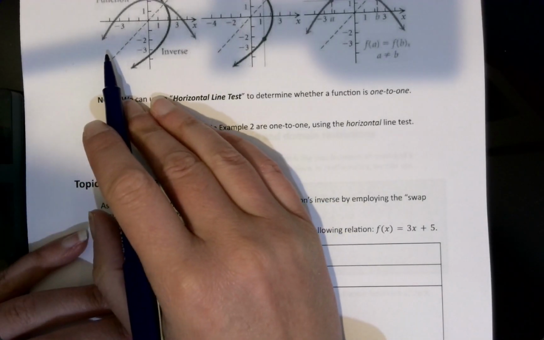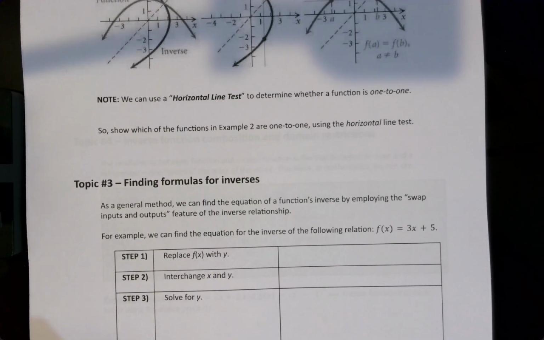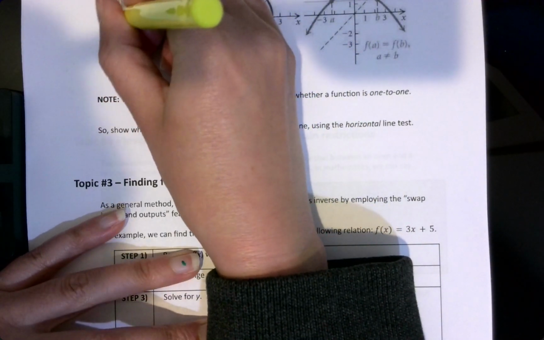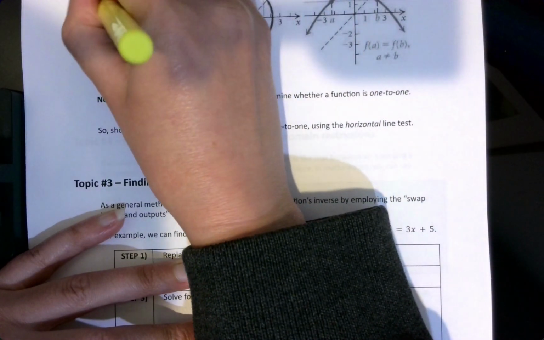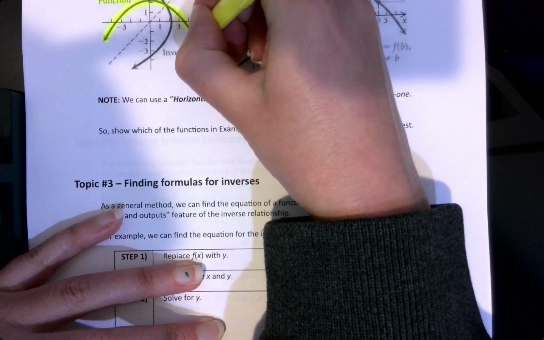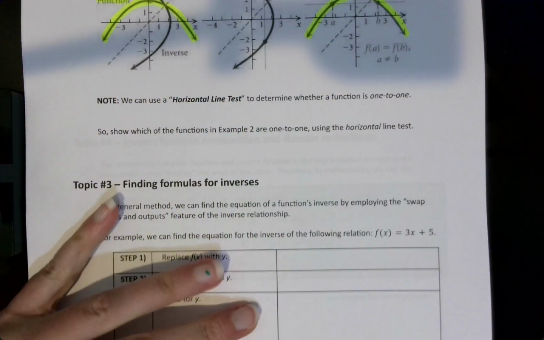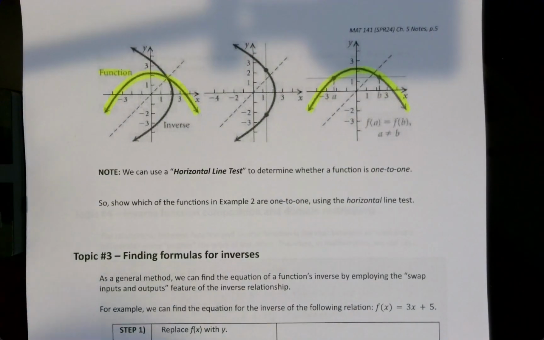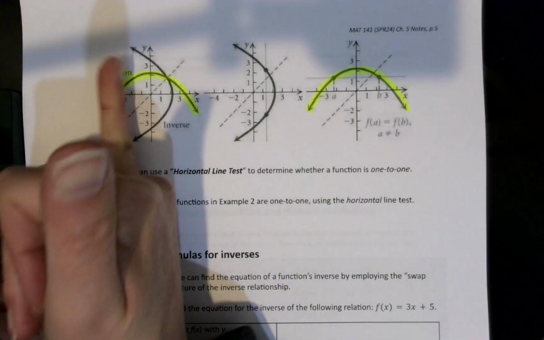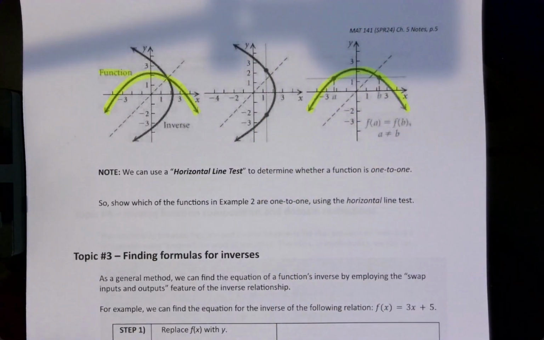The next diagram right here has a couple of pictures of a function and its inverse. So let me color code these real quick. The function is this shape, labeled here by the word function. And it's also drawn here by itself, same graph, just for a little bit of additional clarity. Only the function is drawn in that particular piece of the graph. Hopefully you'll agree that this function does pass the vertical line test. It is a function. However, when I go to find its inverse,